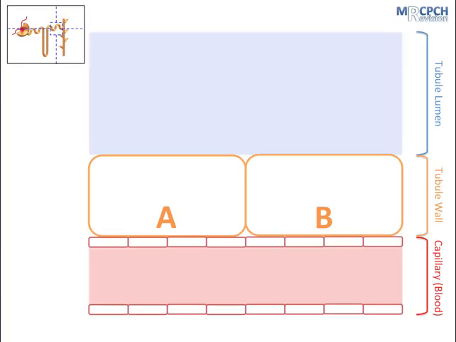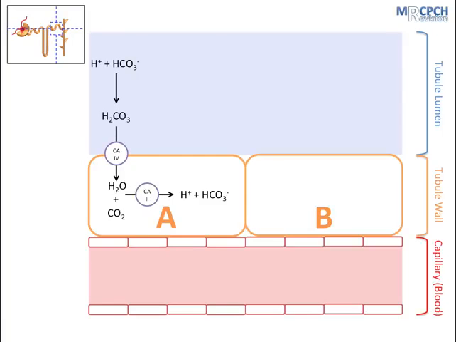The type A cell is responsible for secreting protons into the urine to make the urine acidic. And it also accounts for the remaining 20 to 30% of bicarbonate reabsorption. It's very similar to the proximal convoluted tubule cells in that the carbonic acid formed from the filtered protons and bicarbonate is taken up by carbonic anhydrase 4, converted into water and carbon dioxide, which is then converted by carbonic anhydrase 2 in the cytoplasm to protons and